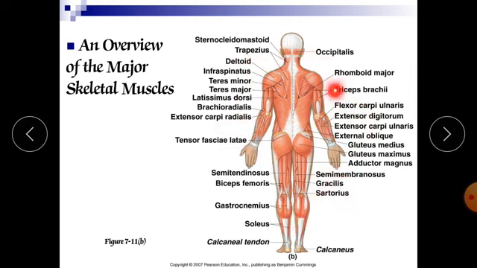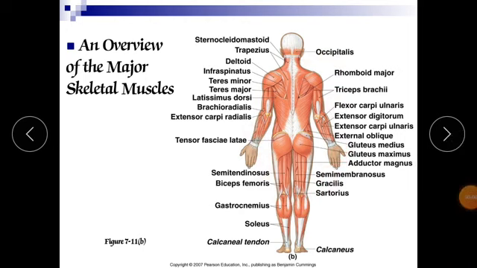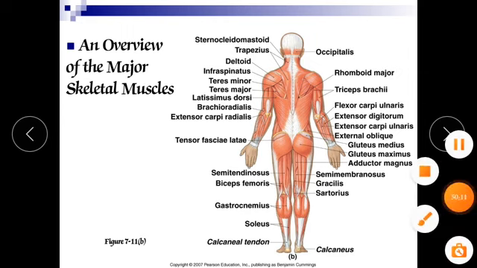So students, there are lots of muscles in our body. Try to recall a few of them. Also, the important topic here is the physiology of contraction of our muscles and neuromuscular junctions, how they work. I hope whatever points were discussed today you understood and digested well. If you have any issue regarding the muscular system, you can ask me at any time.